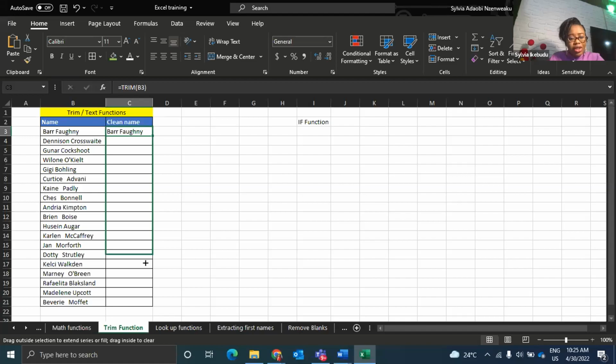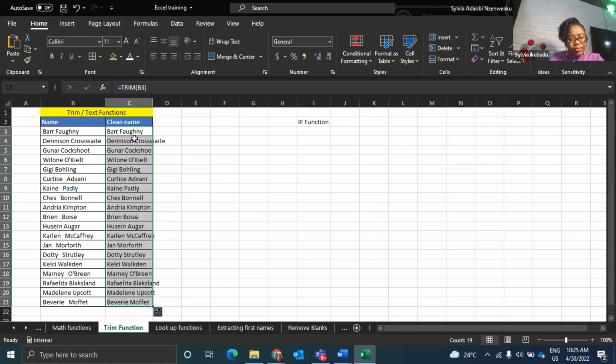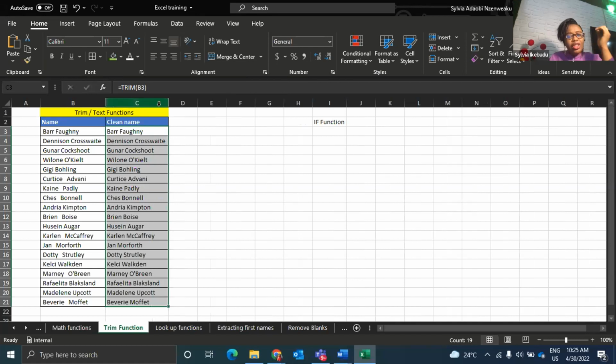So just like we discussed yesterday, you drag and drop to complete this. So this has been cleaned to just a single space in between the first and the last names. So to see that, we'll need to remove the formulas here, and to do that, we need to paste this